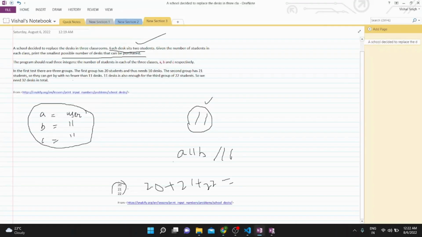So basically see here, I have to find the smallest possible number of desks, and on each desk 2 students can sit. So this number of students are there in the class. If we apply the floor operator among the students in the class A, okay, like 20,